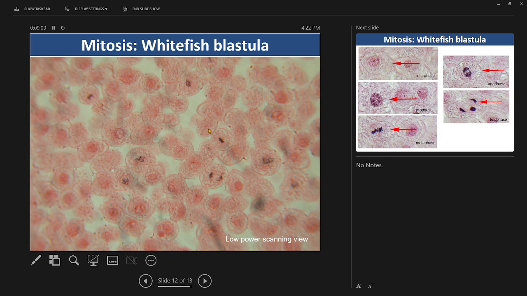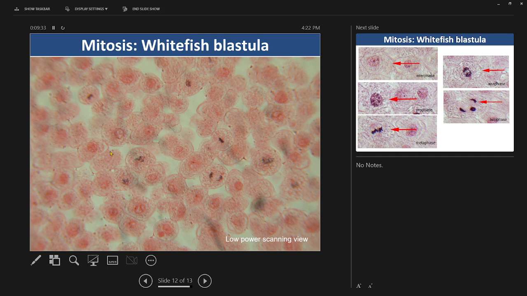So what you have to do for the microscope work is you have to be able to look at these whitefish blastula. We eat whitefish, like fish sticks are made out of whitefish. So these are like whitefish eggs, basically. A blastula is like a very early embryo. So we're looking at whitefish embryo, and you have to look at each cell and identify what